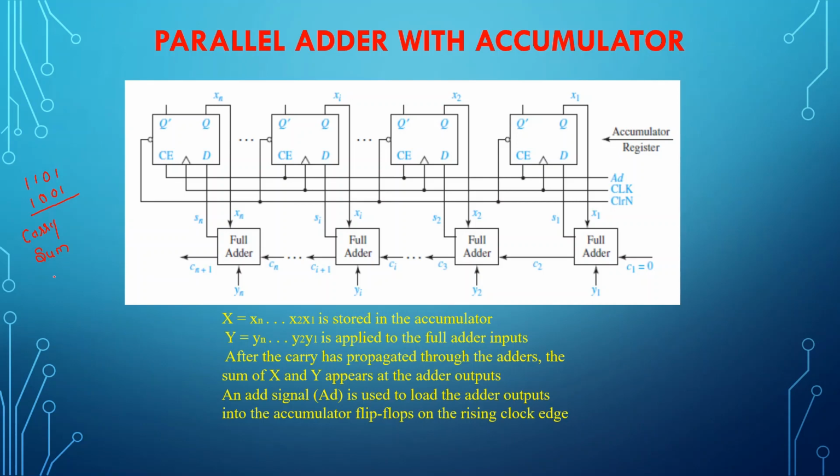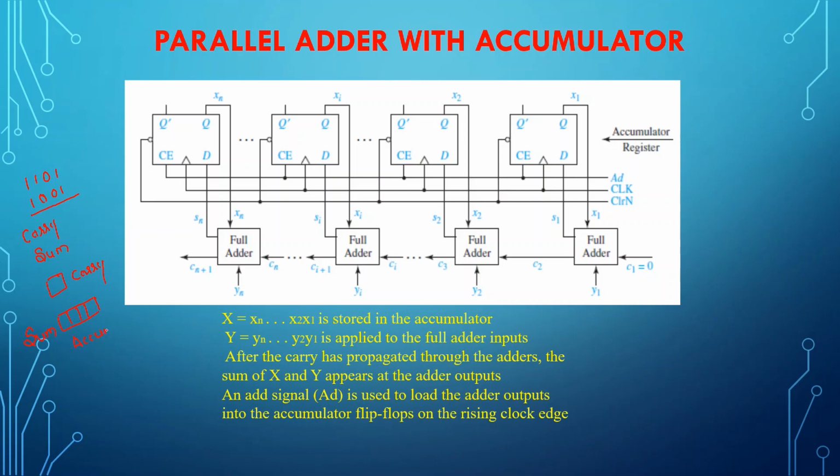So generally what I need is one carry flag. I need a 1-bit carry flag which will be storing the carry, and I need a memory location where I can be storing my 4-bit result, isn't it? Because I'm adding 4-bit numbers. So this is going to be my sum. So these are the memory requirements I have. This 4-bit memory device which will be storing the sum is generally called the accumulator.